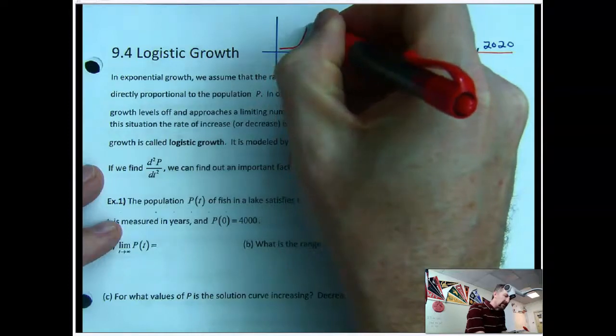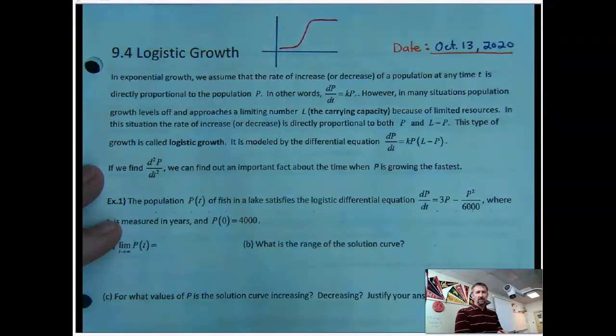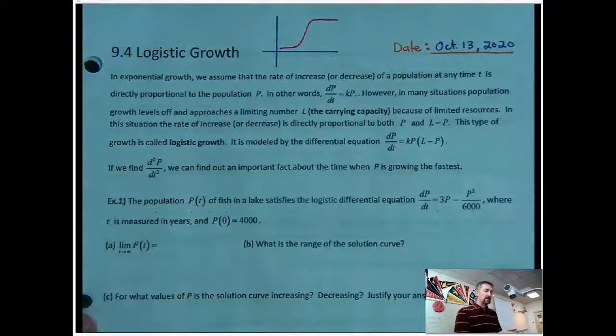So what happens is a lot of times there's a limiting factor, and that growth tends to top out for some reason. You can think about in Las Vegas, there could be water issues, there are land issues because we have Red Rock to the west and Lake Mead to the east, and the Nellis bombing range to the north. So we could grow to the south all the way down to the California border, but there's still going to be some limiting factors of what the population can be. And so that could be limited there also.